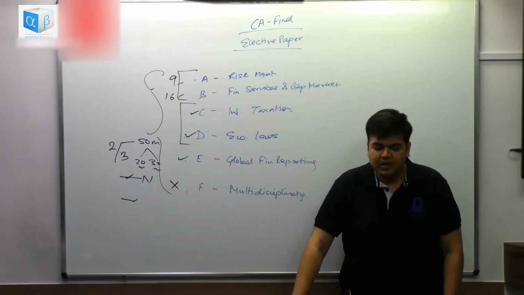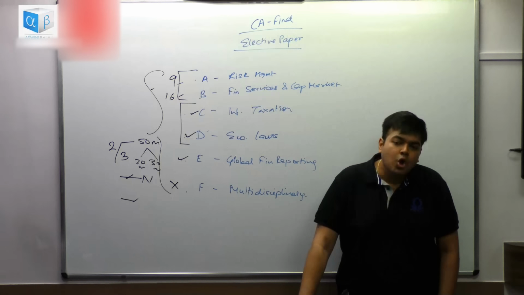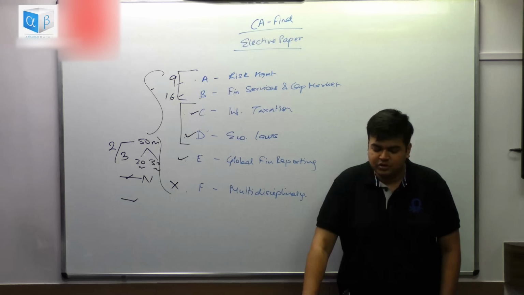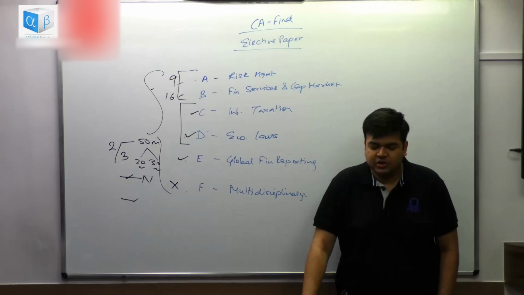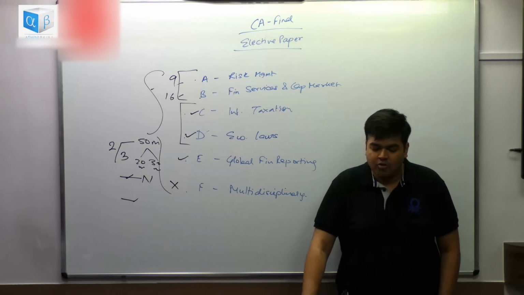The next one is your economic law paper. Now there will be quite a few things common with respect to your law paper and the allied law section in particular and the economic law section. You have readings on World Trade Organization, Competition Act, Real Estate Insolvency Code, FEMA, Foreign Exchange Management Act, Money Laundering Act, and Benami Property Act. So all these acts have been covered in economic law.